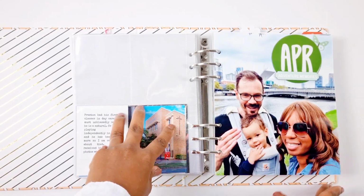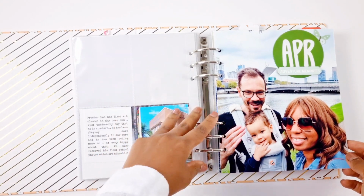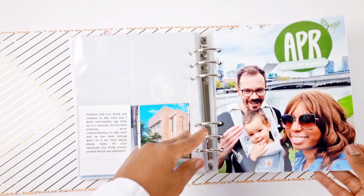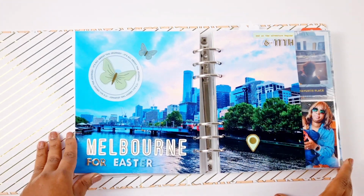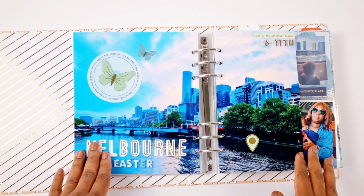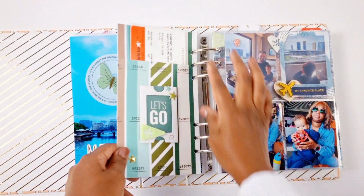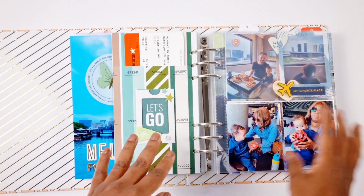Now we traveled for the weekend to Melbourne and I just really love Melbourne. My husband's originally from there and we love going home, seeing family and friends. Of course, it means that we have a lot of pictures from our trip, usually because I just really love documenting it all. And I felt like this time it was a lot of pictures,